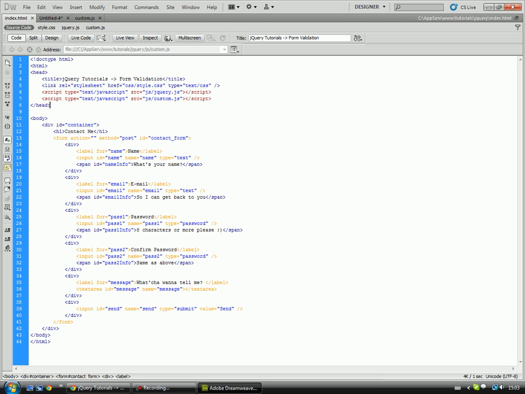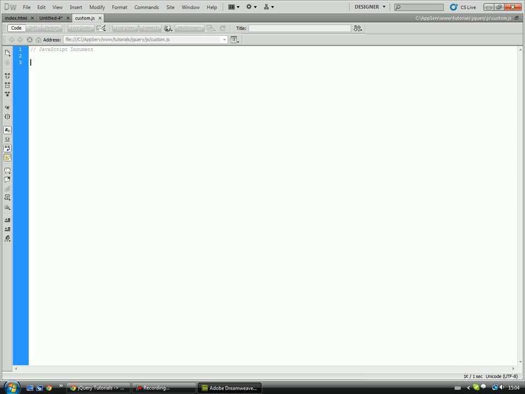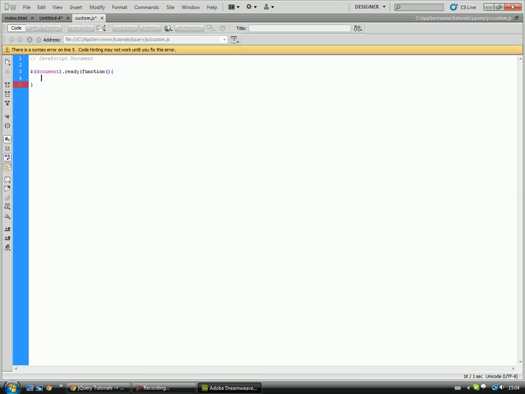Right, okay, here's my HTML structure, and here's the JavaScript file. It's called custom.js, so open that one up. I'm going to start first with basic jQuery. Okay, so document.ready, that's a jQuery call, which we tell it that we're going to create a function, and then we open the function brackets. So there we end that, and what we need to do is load up all our global variables. So we're going to do var form equals